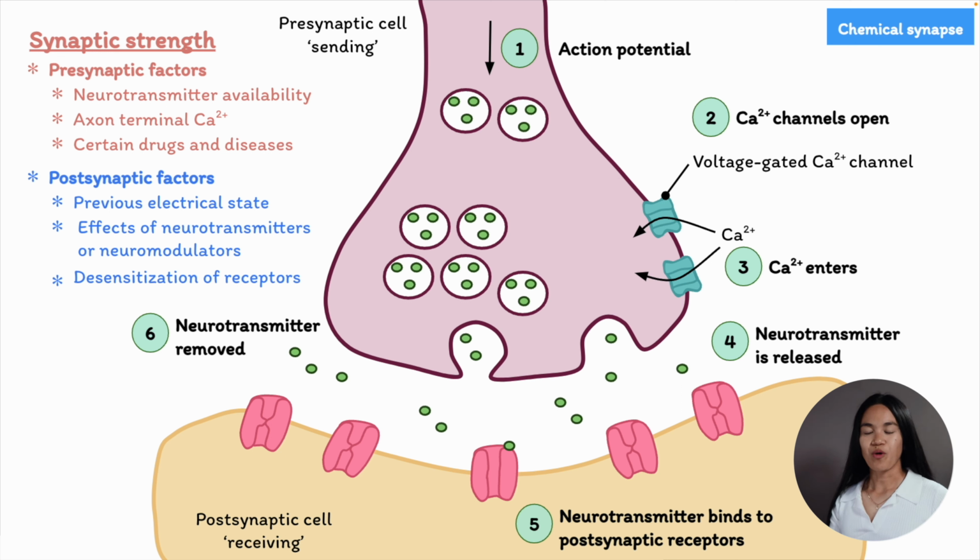There's one more thing we need to cover, and that is the different types of neurotransmitters. So far, we've outlined how neurotransmitters are stored in synaptic vesicles and how they get released when calcium enters the axon terminal in response to an action potential, and they act by binding to receptors on the postsynaptic membrane. Let's now talk about the two chemical messengers, neurotransmitters and neuromodulators. The main difference is that neuromodulators often alter the postsynaptic cell's reaction to particular neurotransmitters, enhancing or reducing the strength